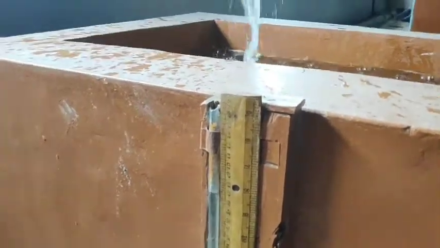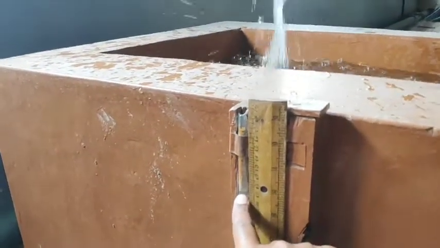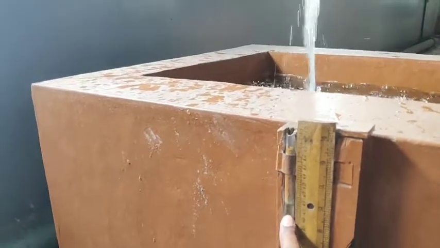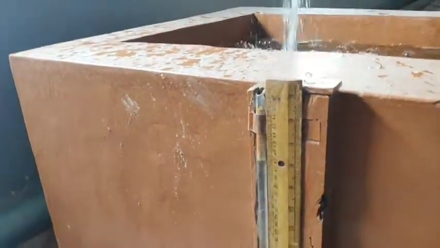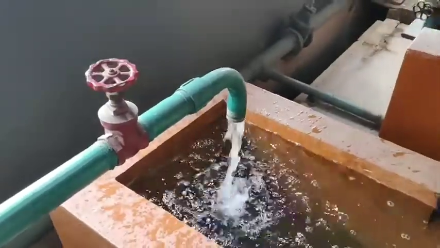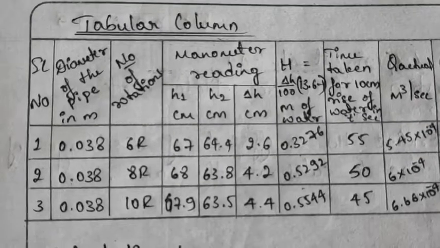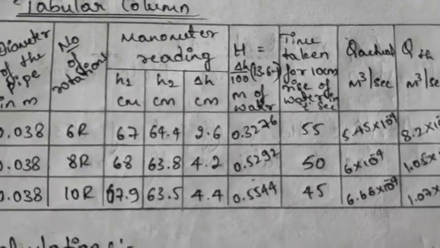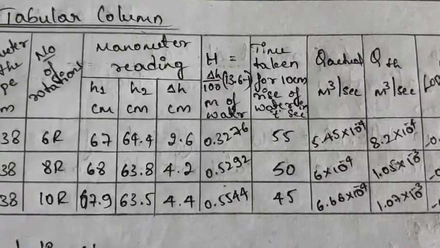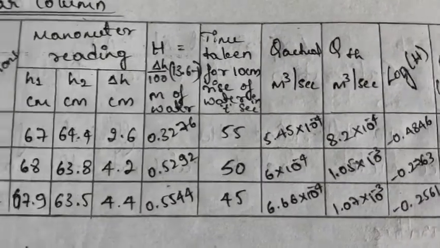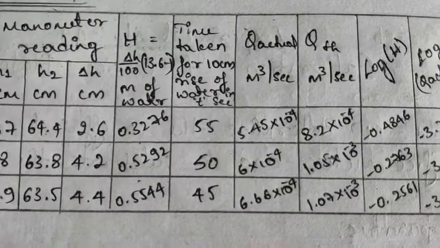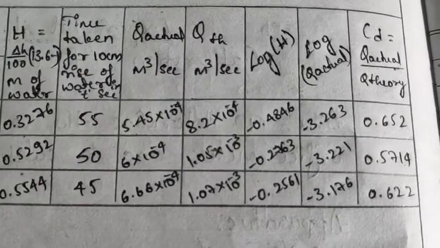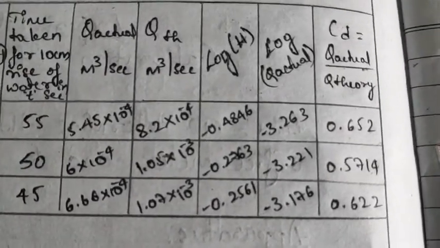The amount of water collected in the tank could be seen through this water rising in the tube, and the time for the water rising 5 centimeters has to be taken from a stopwatch to know V actual. We can conduct several trials by opening up the valve by 6 revolutions, 8 revolutions and 10 revolutions, and the height in the manometer has to be converted into meters of water head by multiplying it by 12.6 and dividing it by 100, and the time taken for 5 centimeter rise or 10 centimeter rise accordingly could be used to find out Q